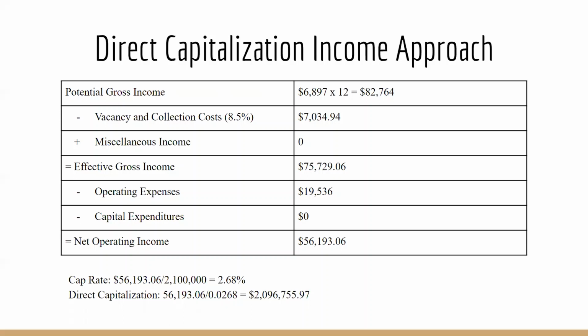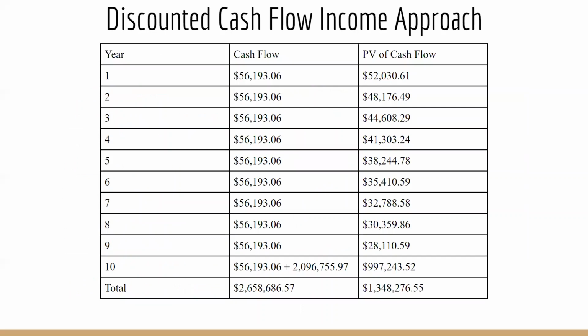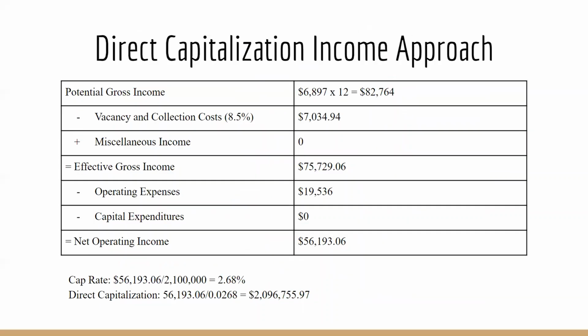We calculated the vacancy and collection costs by taking 8.5% of the potential gross income. We subtracted that from the potential gross income to find the effective gross income. We then subtracted the operating expenses from the effective gross income to get the net operating income of $56,193. Then we found the cap rate of 2.68% by dividing the net operating income by the list price of the home. Finally, we found the direct capitalization by dividing the net operating income by the cap rate, which came out to